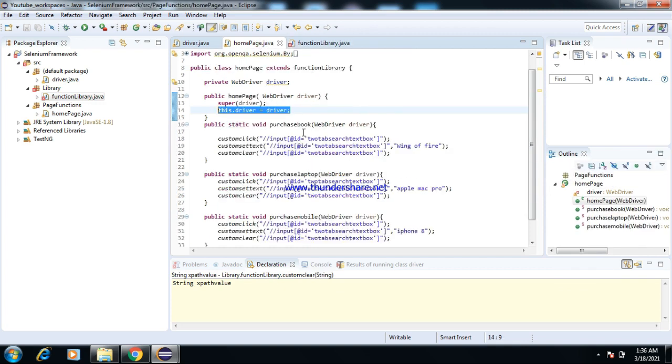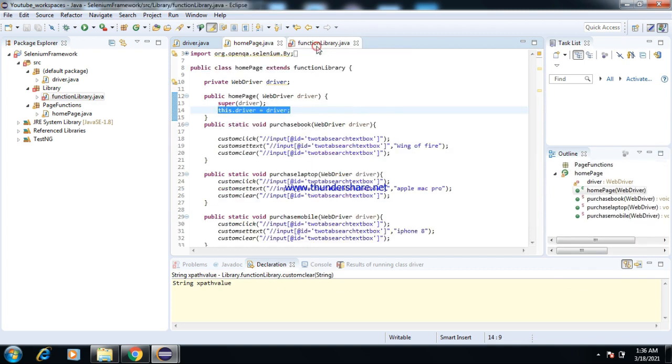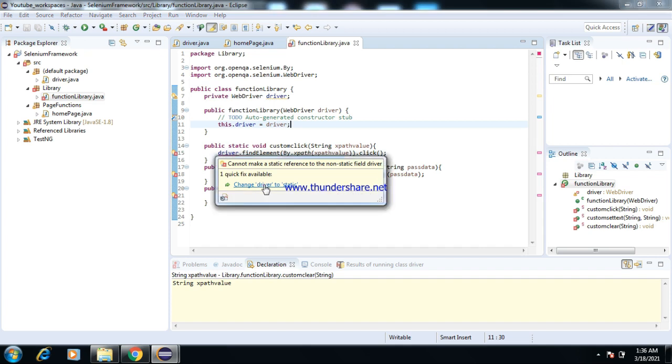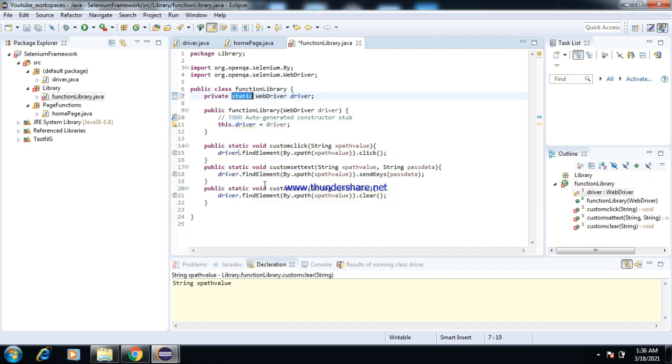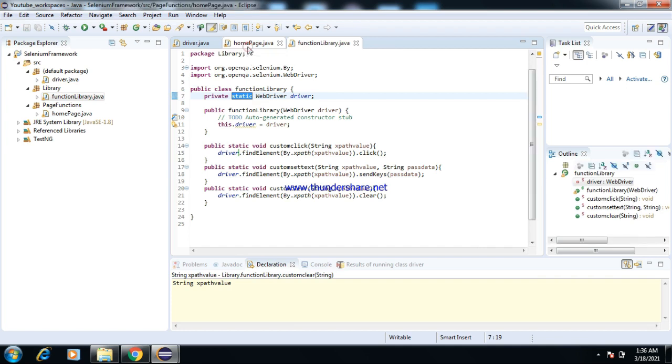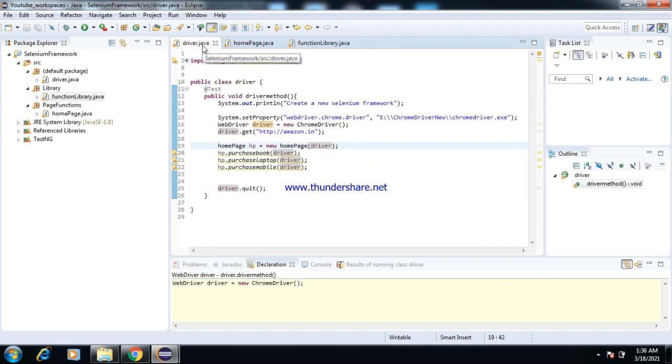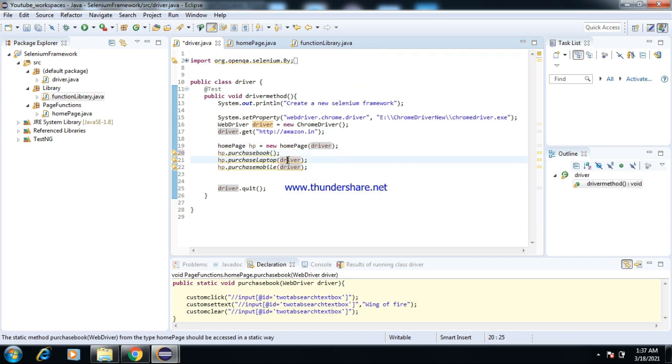Let's see why the error is happening. Okay, I have changed the web driver to static. Now the error has been cleared. Similarly, I'm removing from the driver class also.